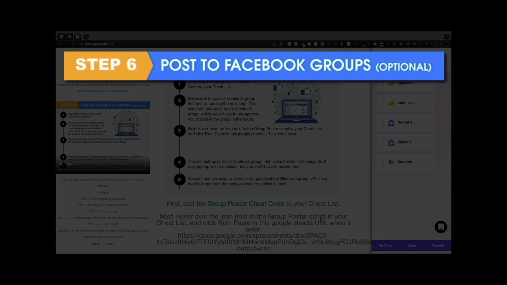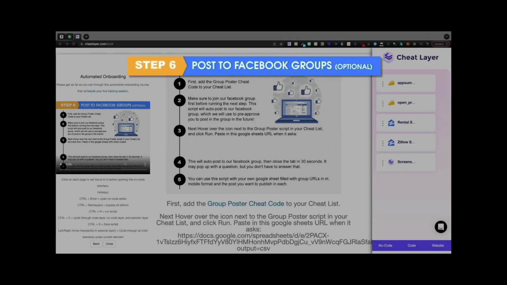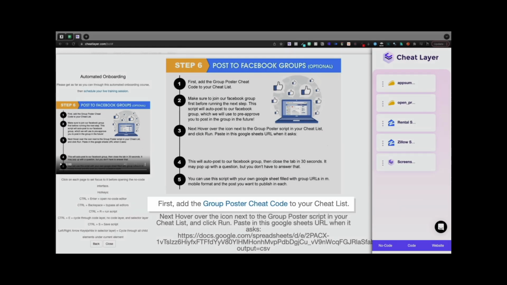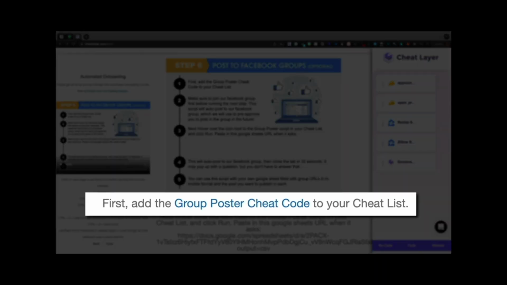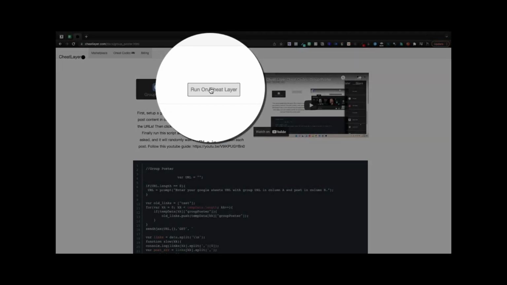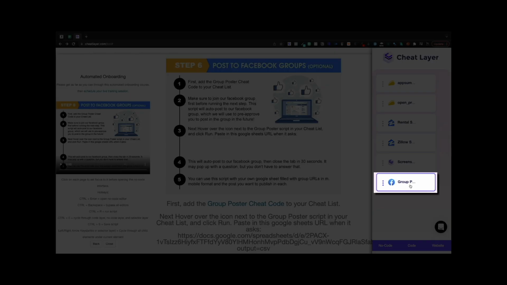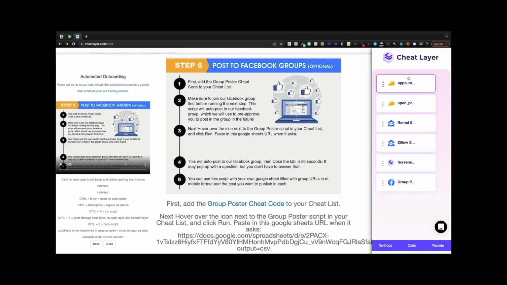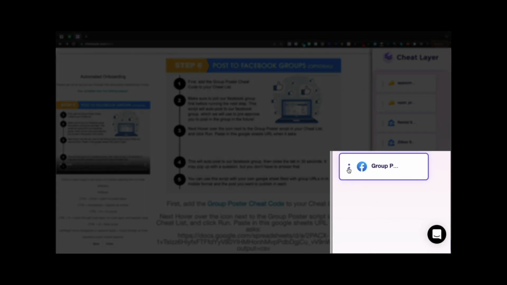Step 6. Post to Facebook groups. Now this step is optional, but we're going to add the group poster cheat code to your cheat list by navigating here and simply clicking Run on Cheatlayer. So now that we've added the group poster cheat code to our Cheatlayer list, we can actually run this,